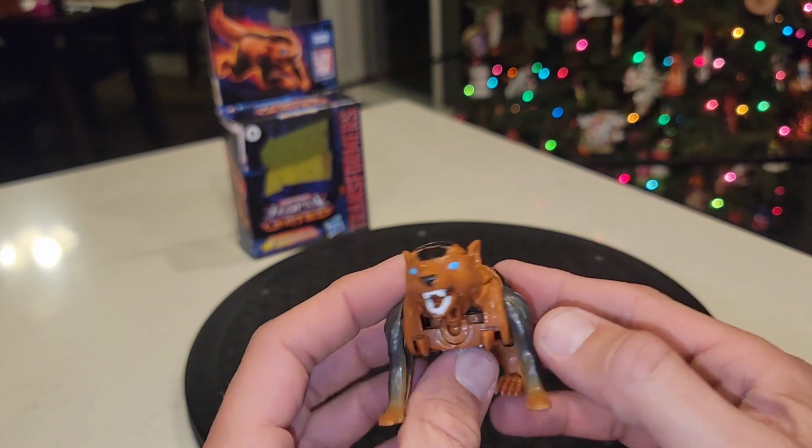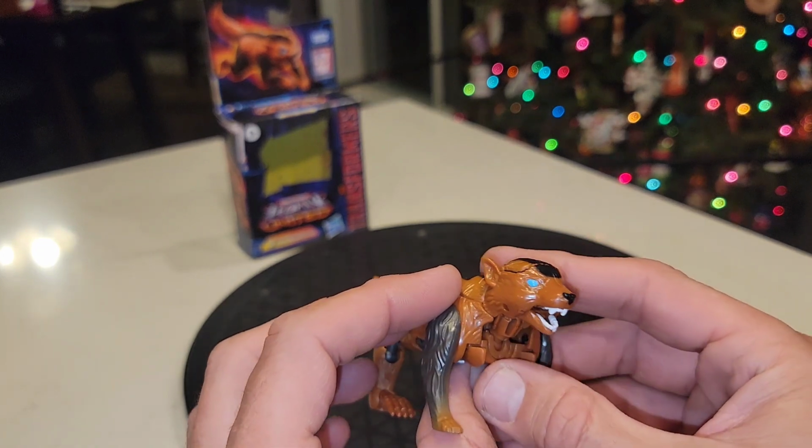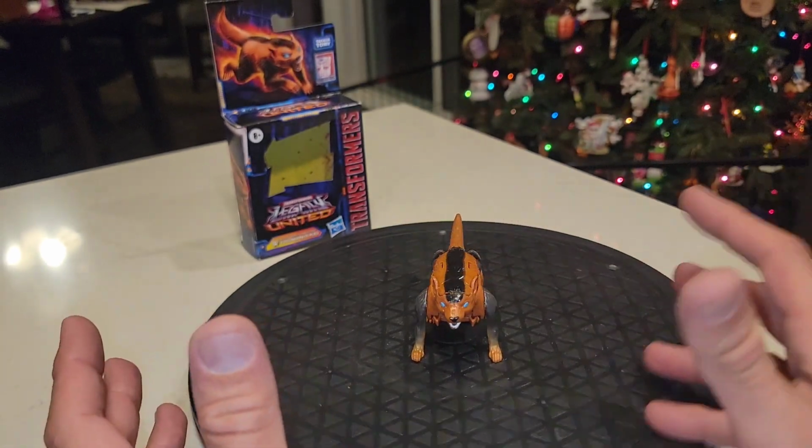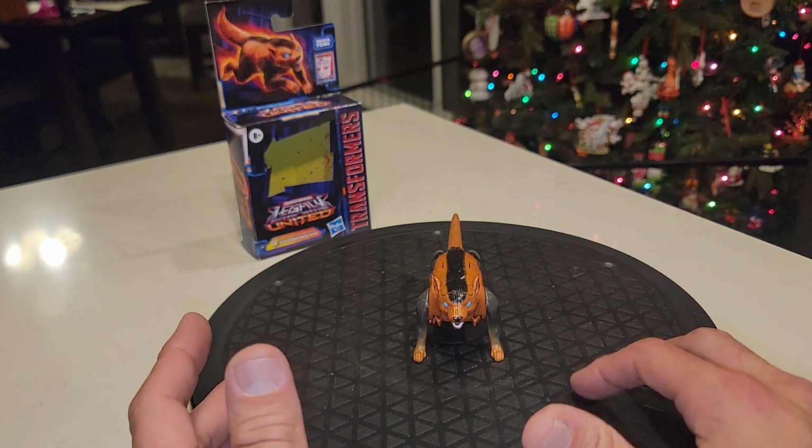But that's about going to do it for Snarl. I like it with the mouth open right there. It looks really, really cool as a Tasmanian Devil. My first Tasmanian Devil Beast Former ever. So let's get him with the other